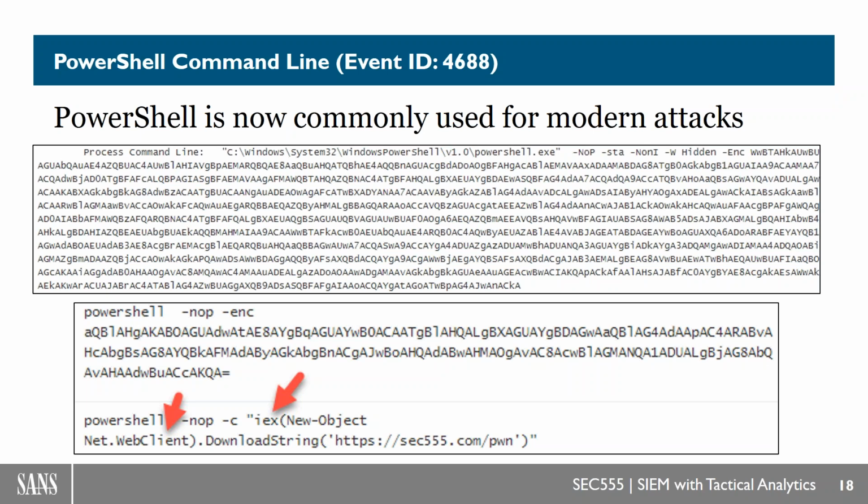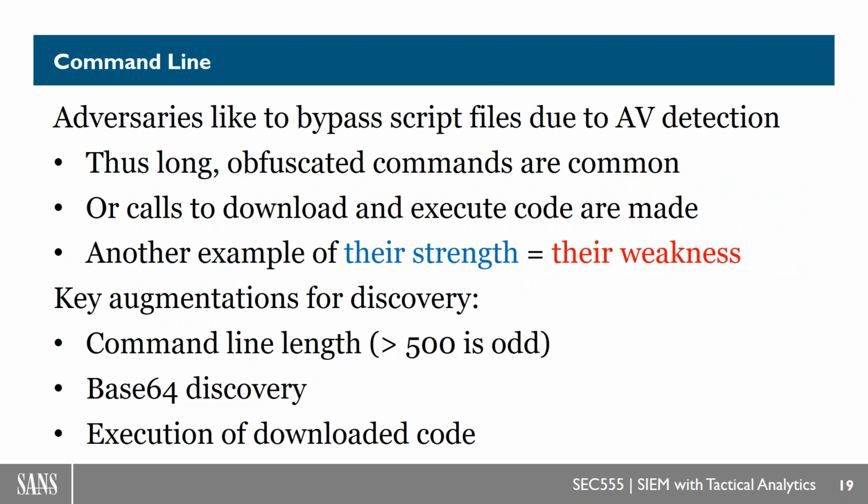It's that dangerous. But if you think about it, do you use base64 in your environment? Do you use long command line lengths? Do we pull down PowerShell code and launch it directly from a command prompt? And we don't. So this is an area where we're going to start to use the SIEM, and we're going to start to think tactically. Basically, knowing how the attackers operate and how they try to avoid our detection capabilities and our preventative techniques, how can we turn a strength of theirs and transform it into a weakness?